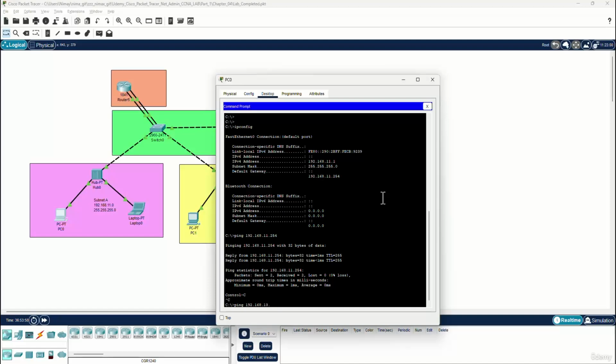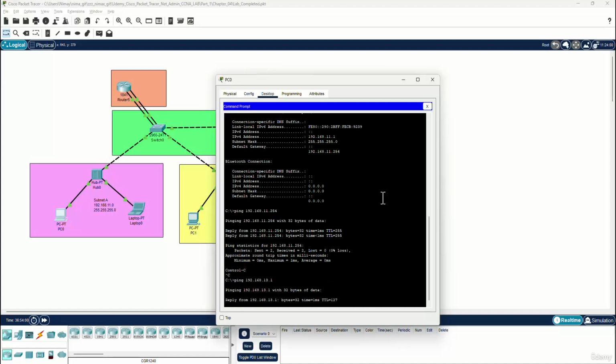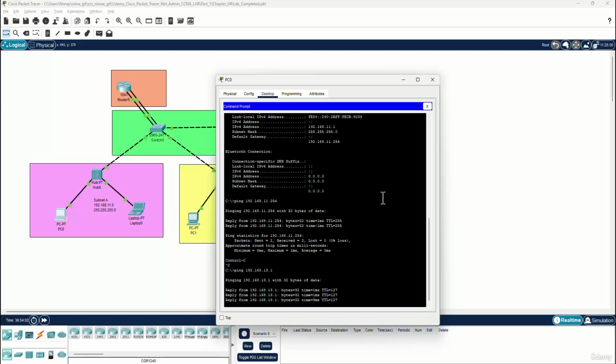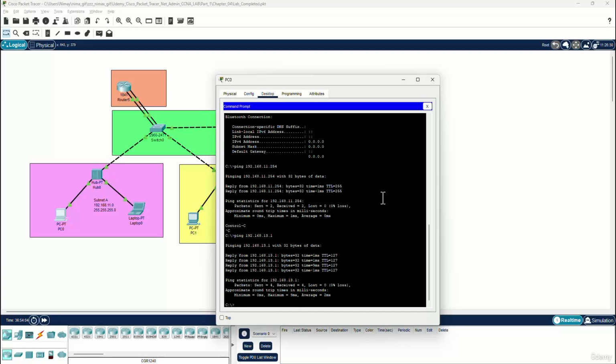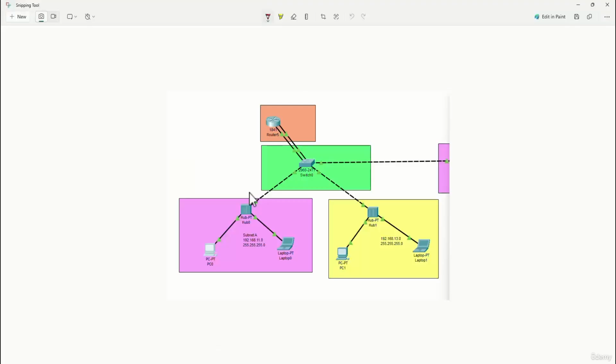and 13.1 for example. As you can see, I can ping the other side. For instance, I can ping PC1. So I have connectivity from PC0 to PC1. Why is that? As we configured the gateway on the clients,